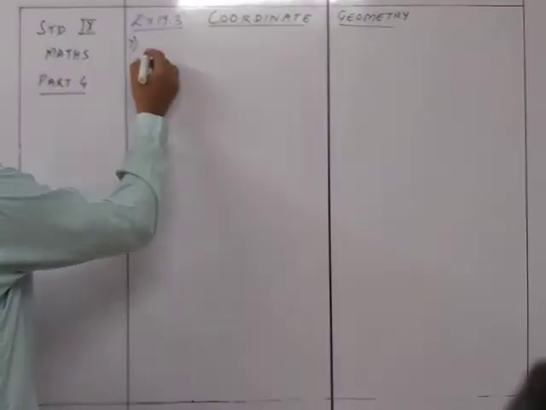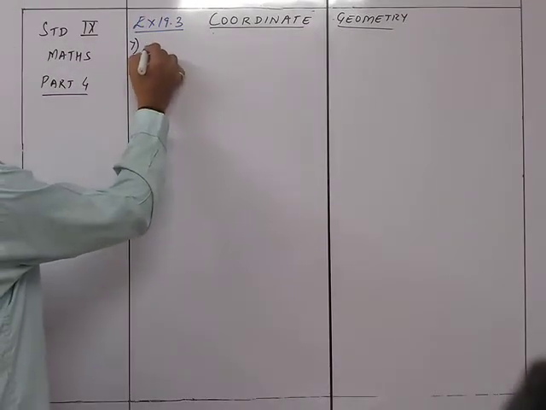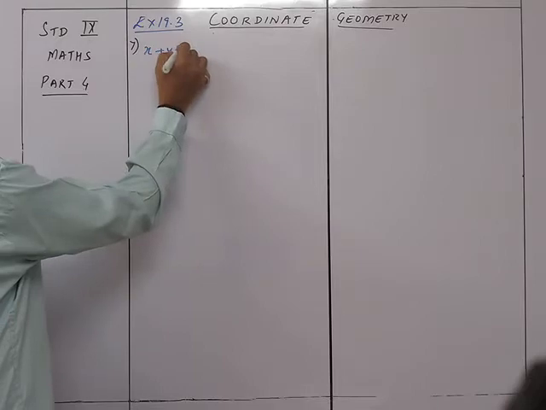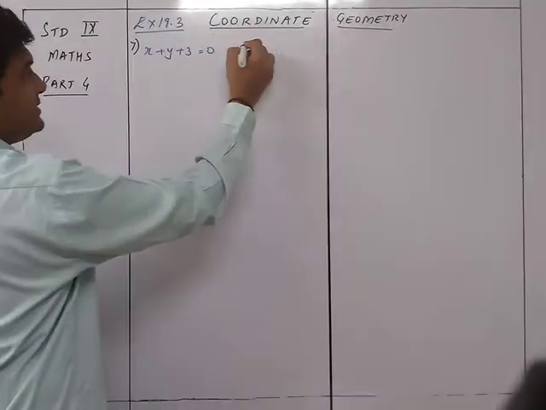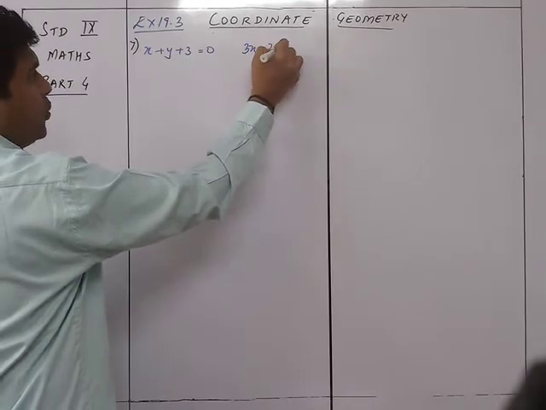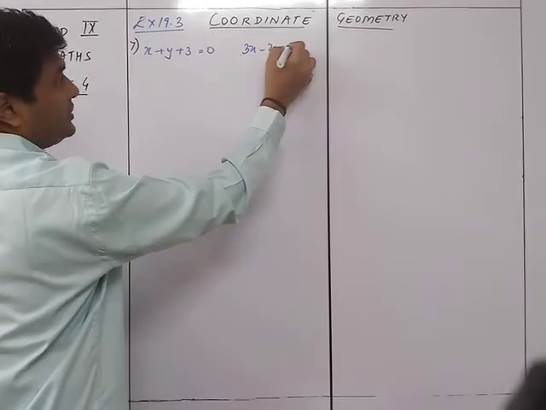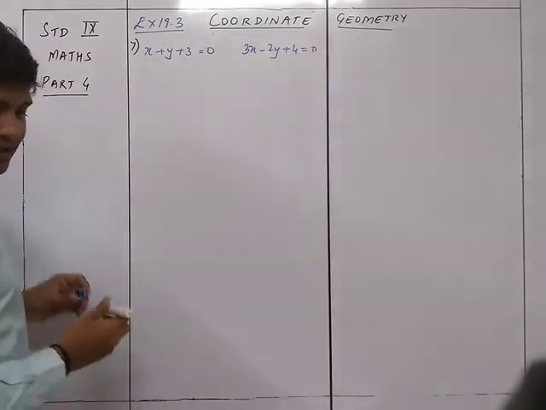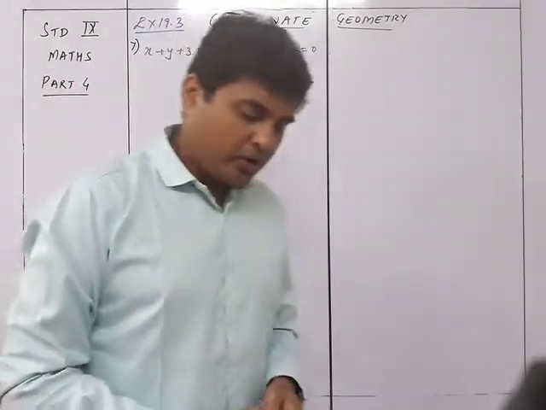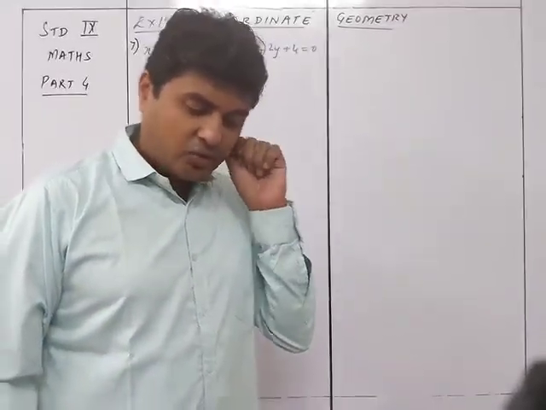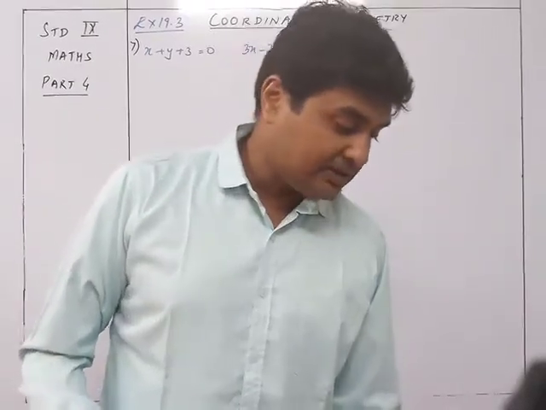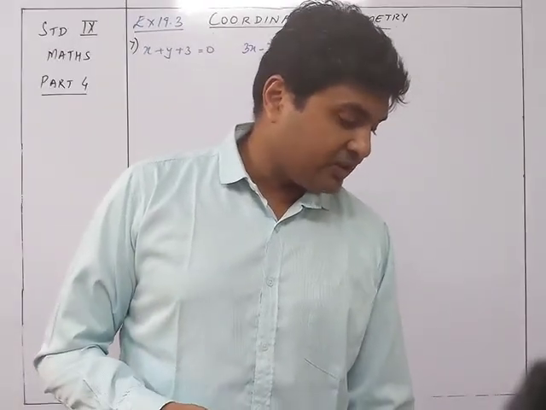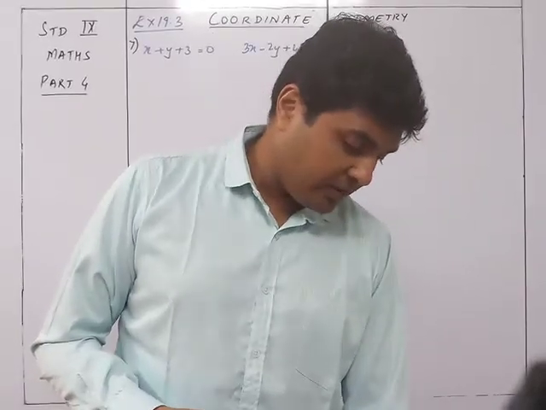What you have got over here is, first, x plus y plus 3 is equals to 0. And second is 3x minus 2y plus 4 is equals to 0. So these are the two equations we are having. You are going to plot 3 points and then write down the coordinates of the intersection point, which is exactly what we are doing up till now in the sums. And also measure and record the distance. One more thing over here was